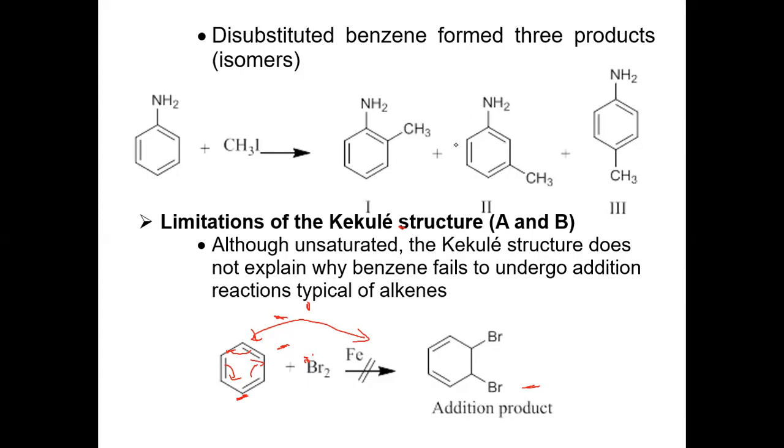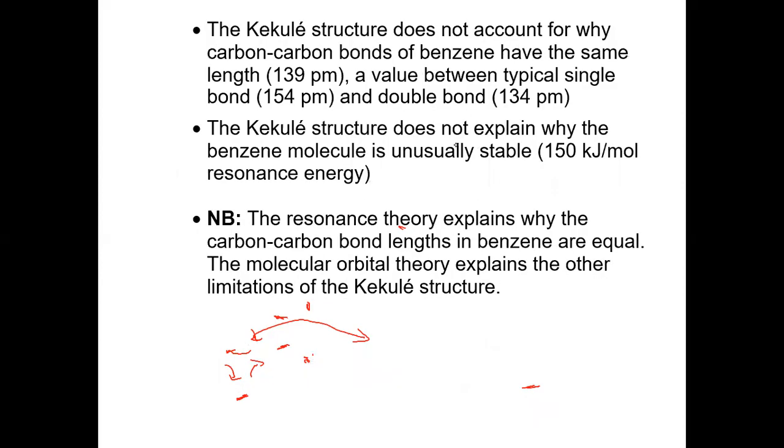It undergoes substitution reaction, even when subjected to bromine. So it means he didn't really give us an explanation as to why it was undergoing substitution, not addition reaction, right? Good. Now, we are seeing that the Hückel structure does not account for why the carbon-carbon bonds of benzene